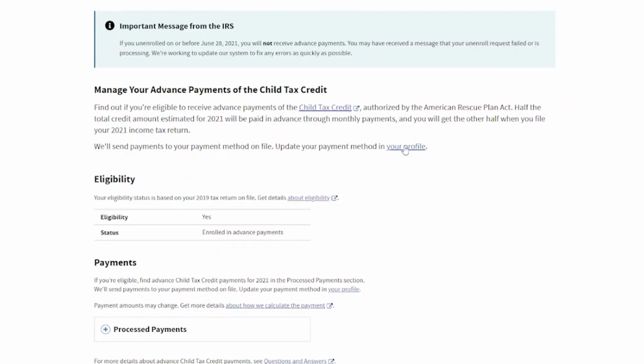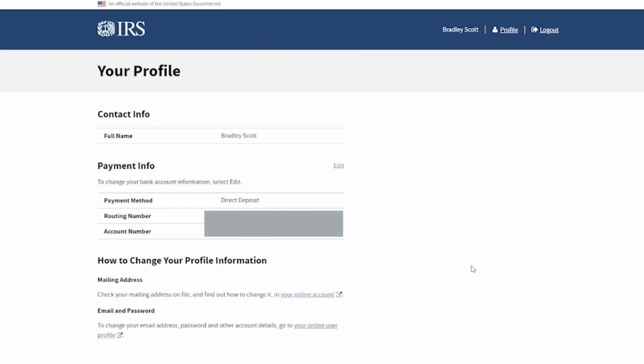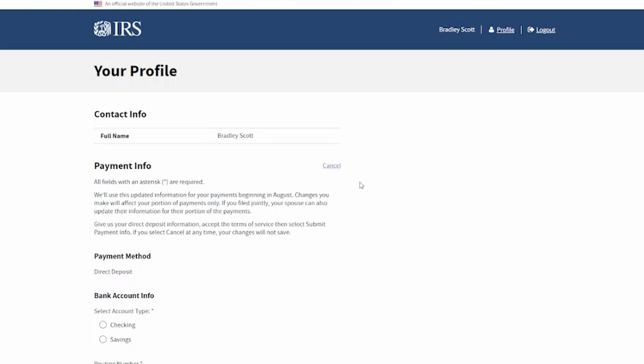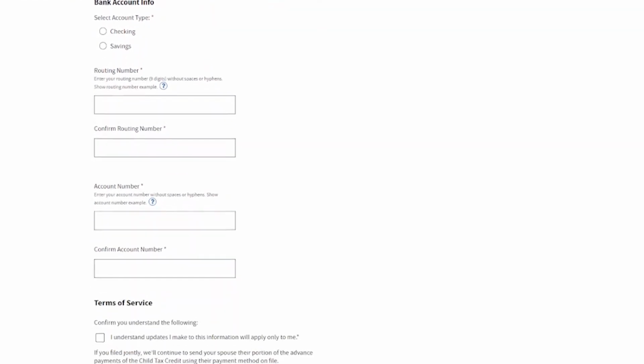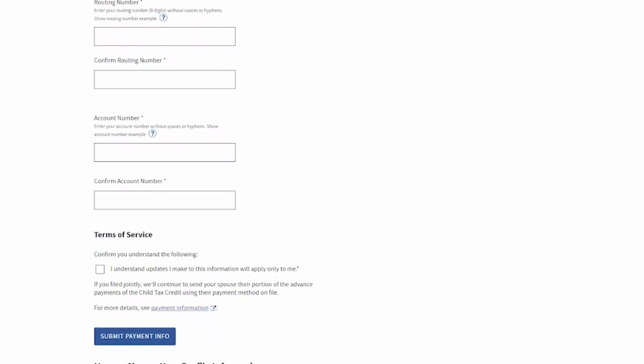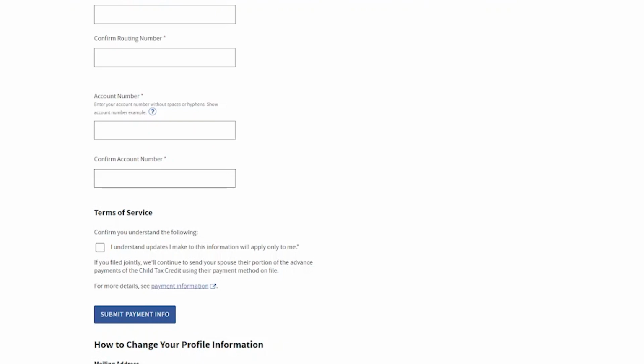To update your bank information, it's pretty simple. You're just going to click edit, and then you can enter a checking or savings account right there. Make sure you do pay attention to this important note at the bottom. It notes that if you're filing jointly and you make an update, it only applies to you personally, and so that's only half of the payment. So if you update your bank account here, you would get half here and half would go into the old bank account where your last joint return went. If you want all of it to go to a new bank account, both you and your spouse would need to update your bank information.